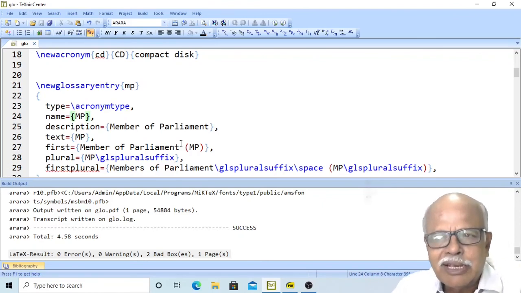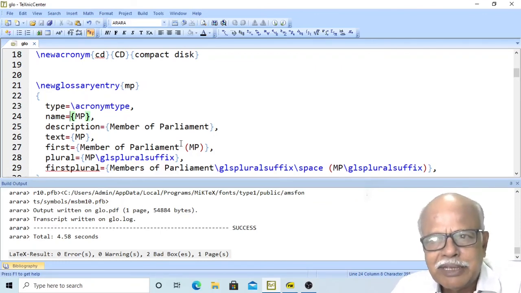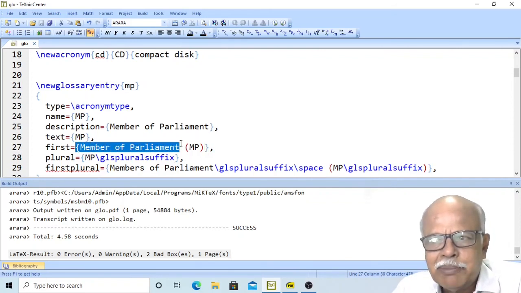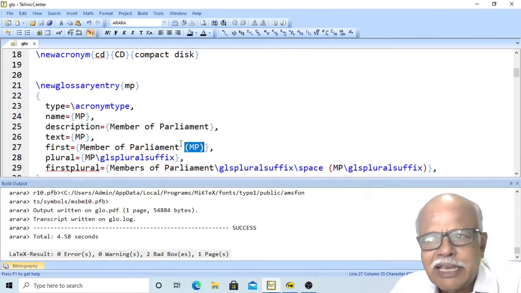Wherever you have got such a structure, I would suggest that you always use the pair of curly braces. Name is MP. This is the shorter form. Description gives the longer form. And then here on the first usage, we will say Member of Parliament space within parentheses MP.